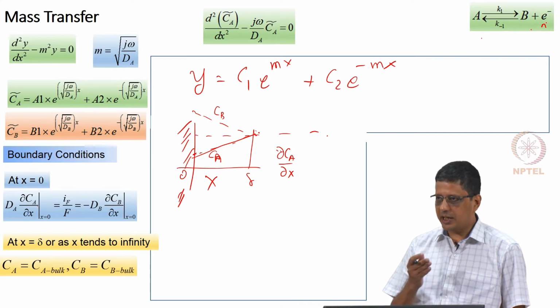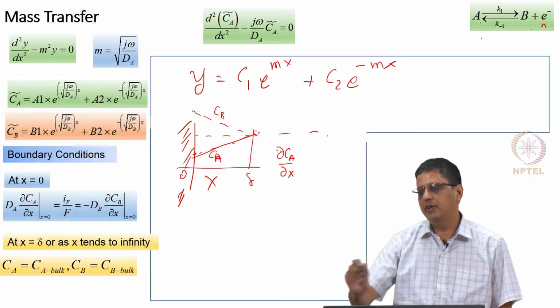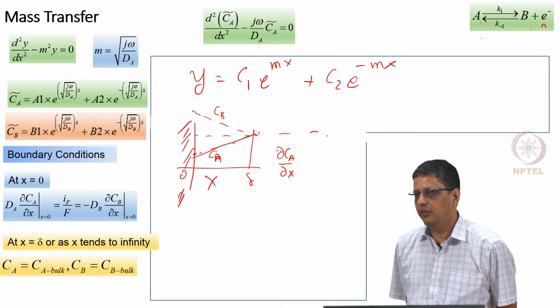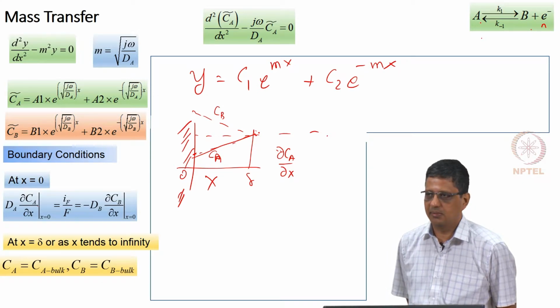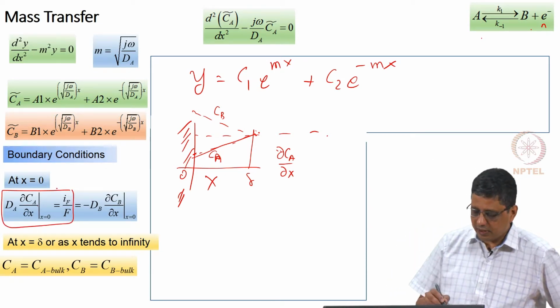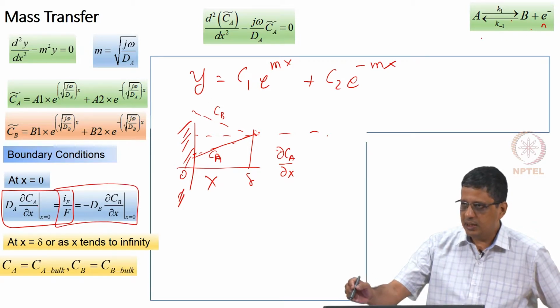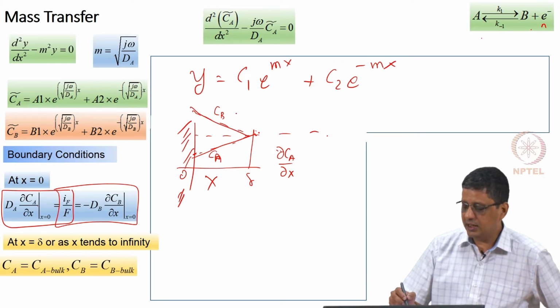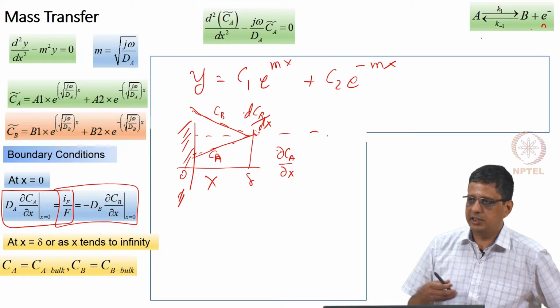So, if you know how much current is coming, we can also say what is the flux of species A, because 1 mole of A will give us 1 mole of electron, and 1 mole of electron, when you use the factor F, the Faraday constant, tells us how much current is coming. So, we are able to relate the current to the flux of A, and we can also relate it to the flux of B, because 1 mole of A gives us 1 mole of B, and the concentration of B is decreasing here, that means dCB by dx is negative, because we choose the convention that anodic current is positive.